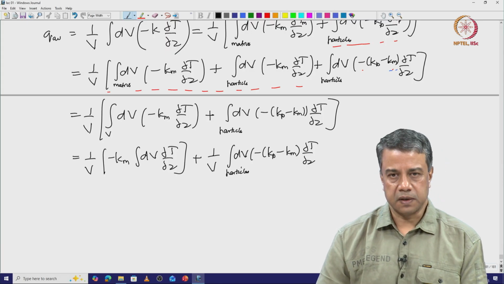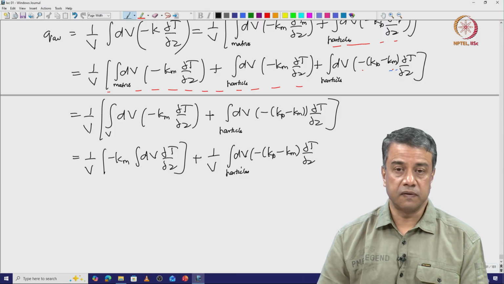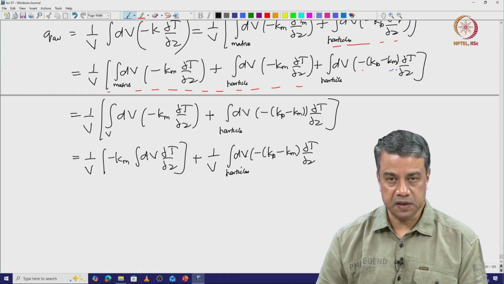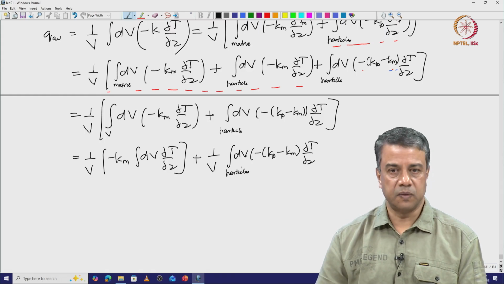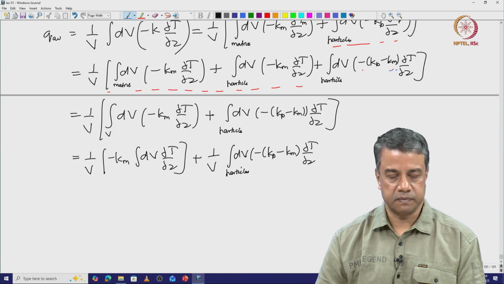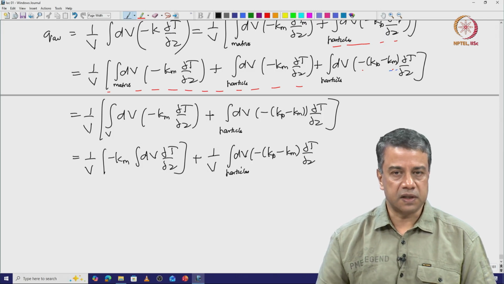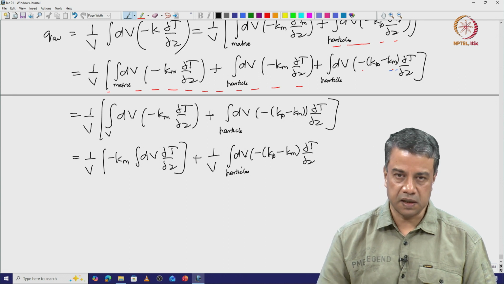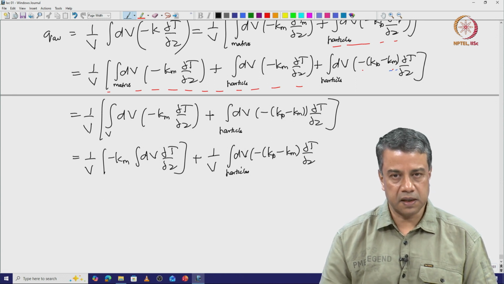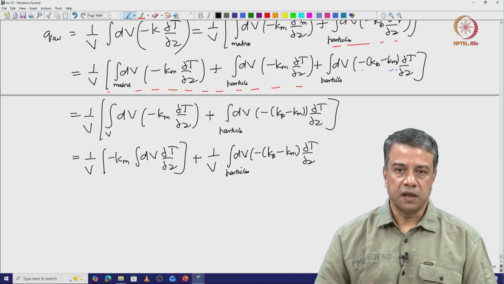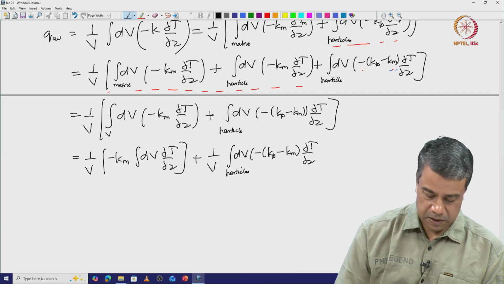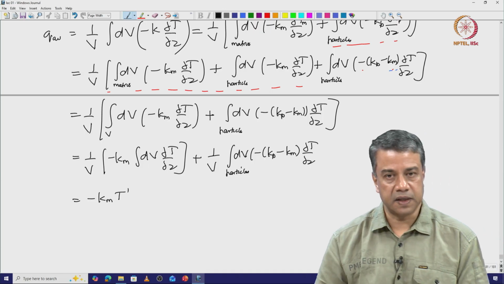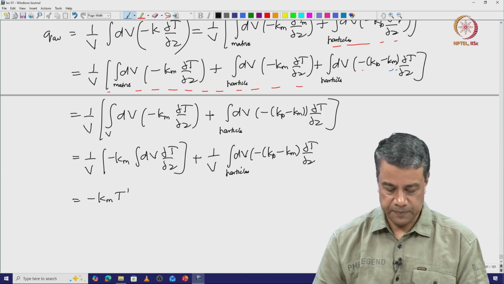Examine the first term here, minus Km times the integral over the volume of dt by dz. This is the volume integral of the temperature gradient itself. This volume integral of the temperature gradient has to be equal to the applied temperature gradient, that is delta T by L, because when I integrate the temperature gradient over the entire volume, I should get the applied temperature gradient. So, this becomes minus Km times T prime, or minus Km times delta T by delta Z,